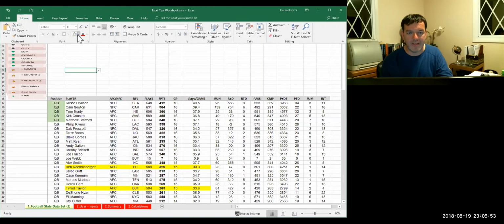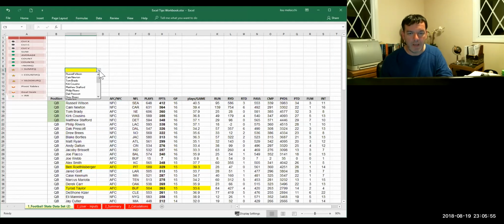So I can actually create a template if I wanted to. And I can do a drop-down list. And I'm going to choose Ben Roethlisberger. And then in this one, I'm going to choose Tyrod Taylor. And so now what I'm going to do is create almost like a balanced scorecard for each